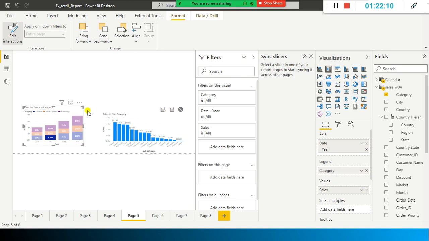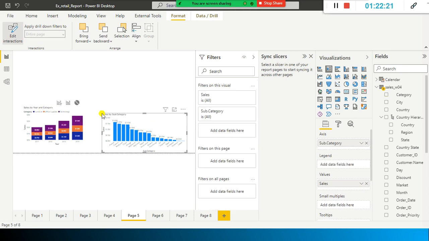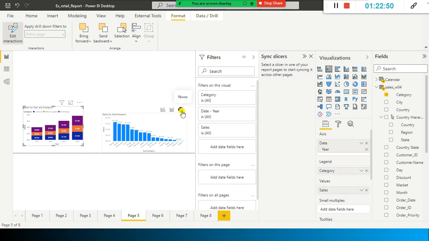If you select something else, for example, you want to highlight it. Sorry, here we do it here, and so we have highlight and filter. For whatever we discussed, the same thing. When I enable highlight here, and if I select this one here, it was not disabled. See, here it was not disabled.